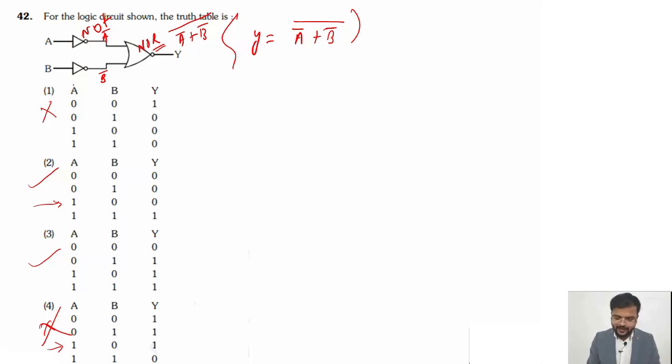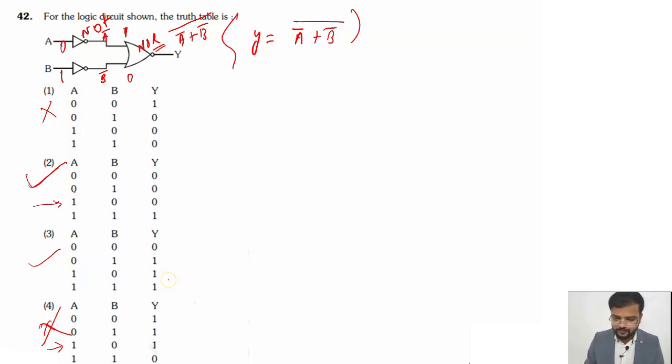If I give the 0 here, and if I give 1 over here, what will I get? Here I will get 1, and here I will get 0. So 0 plus 1, what will I get? 1, correct? And the reverse of 1 is what? 0. So 0 plus 1 equals what? 0. If you check here, what are we getting? 0. That's why option number 2 is correct here.